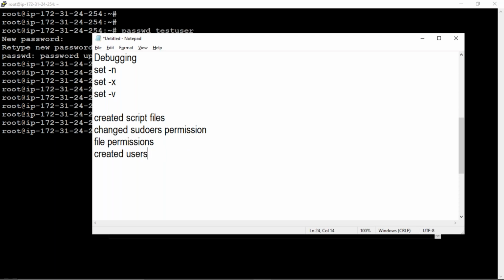We didn't do it using a script, right? In the next section we will be able to create users by using a script also, right? So any doubts?